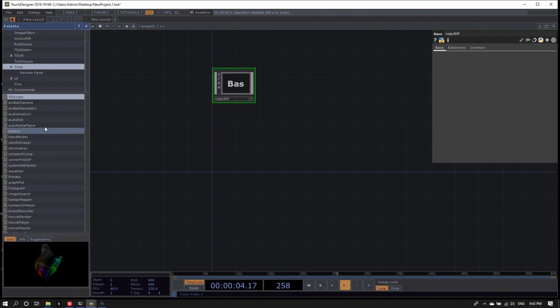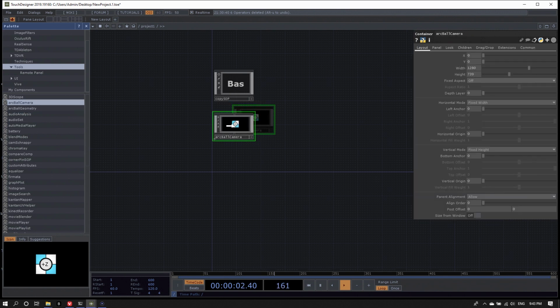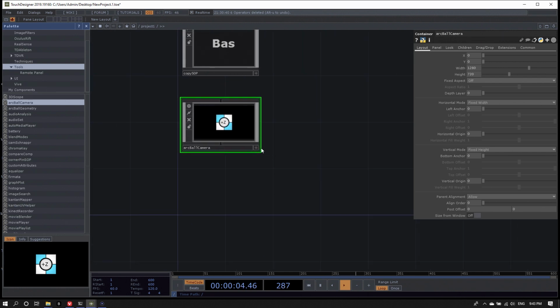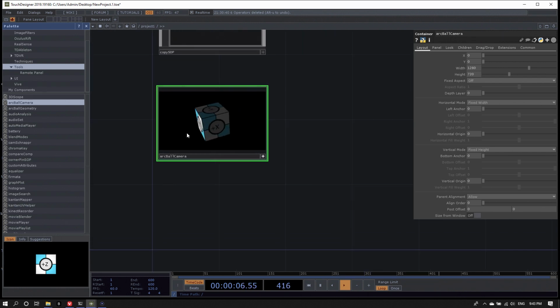And then in the tools section, there is a component called arcball camera. Let's take this arcball camera and drag it onto our network pane. Now the nice thing about this is that we already have render set up with the ability to actually interact with the rendered image on the component level.